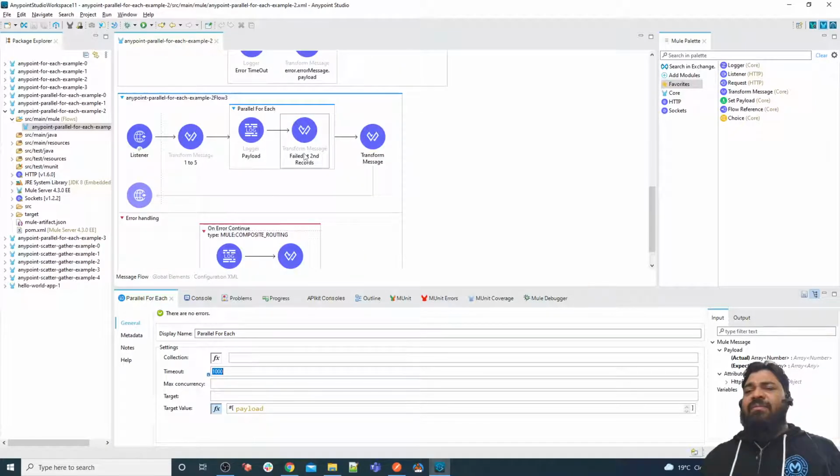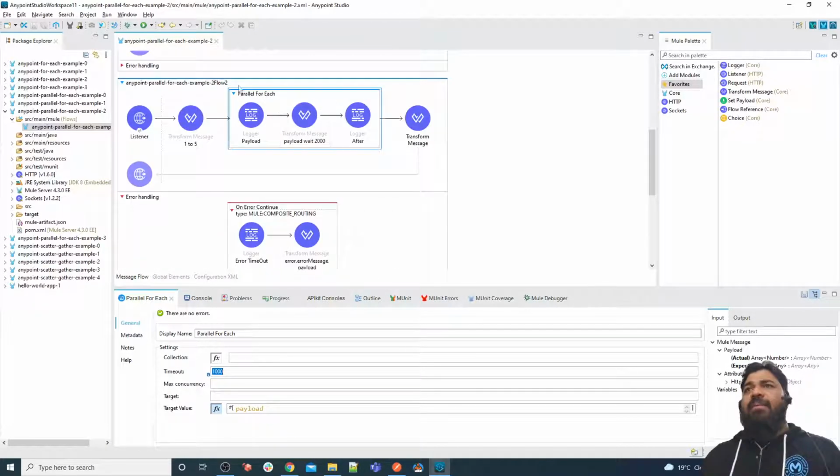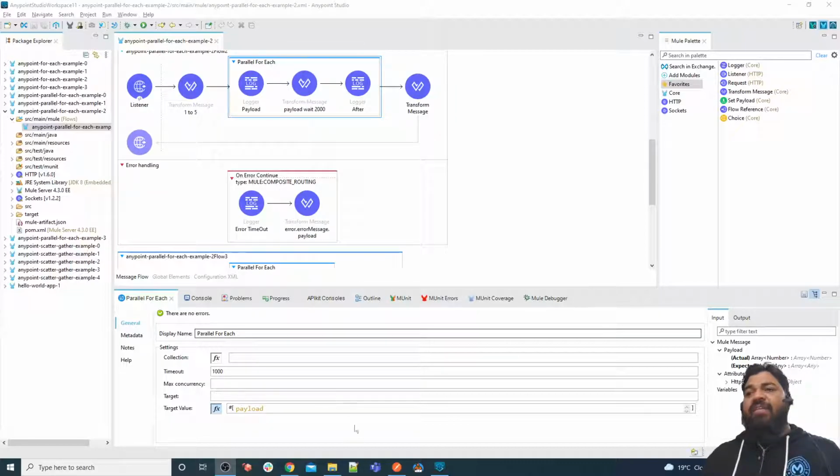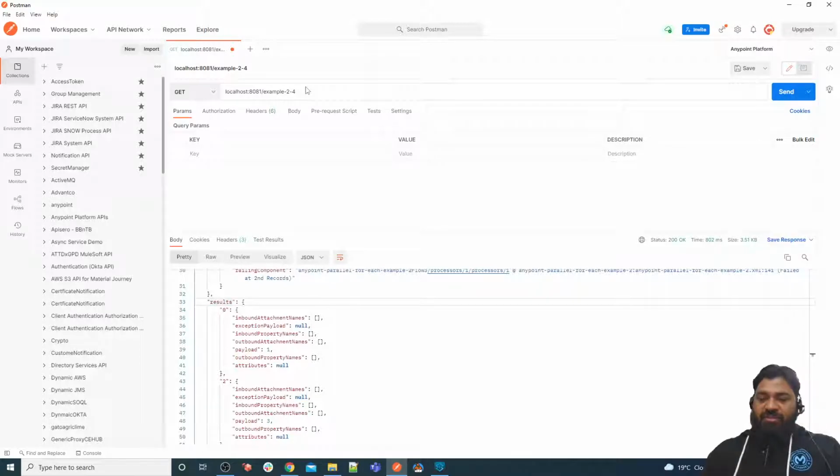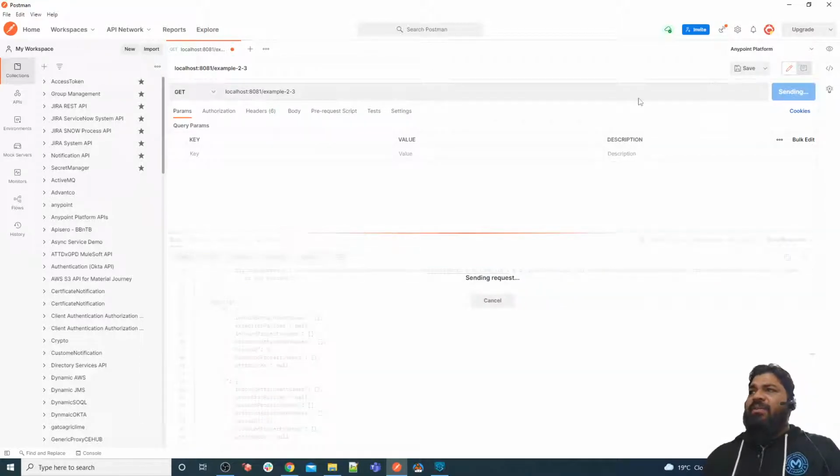In this scenario our parallel for each takes a long time, because I apply a wait of 2 seconds, and I'm checking here with a timeout of 1 second. Then it will throw an exception, so we are going to check which kind of exception it gives. So it is example 2, use case third. Let me click on the send button.